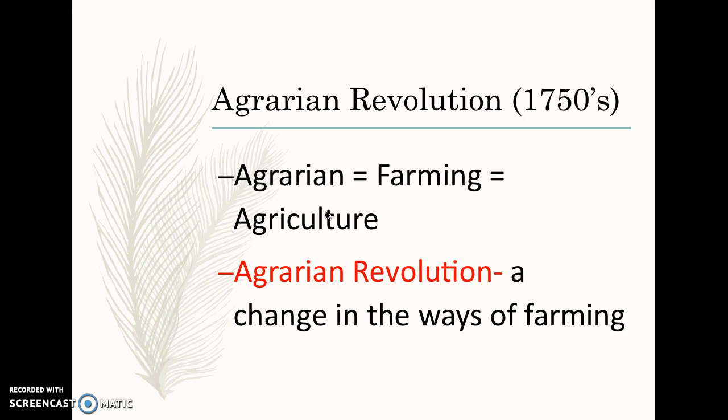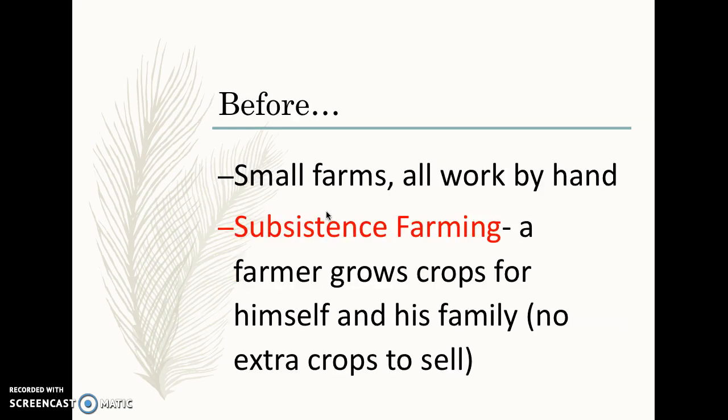I'm going to be skipping ahead in 3, 2, 1. Get the notes from the slide. So the thing that you need to know before the Agrarian Revolution, before any of this new farming technology happened, there were very small farms that people worked on. And all the work was done by hand, basically planting the seeds, picking the crops, all the stuff of producing food is done by hand.